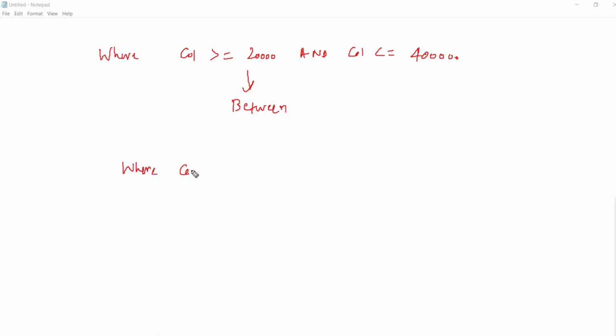If you have a command something like this, where column is greater than or equal to, let's say, 20,000 and column is less than or equal to 40,000, then the alternative command for this is between. You can use the between clause. But if you have where column is A or column is B, when you need to write this kind of condition, when you have multiple conditions for a single column to match, then what you can do, you can use the in clause where column in A, comma B, comma